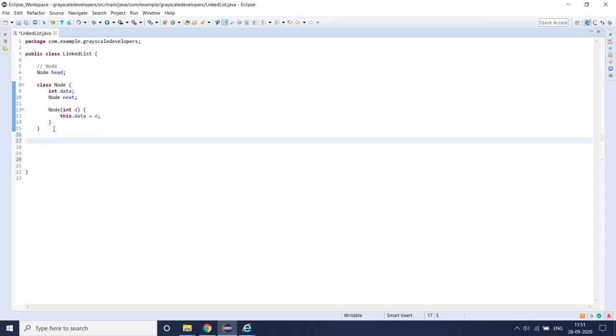So now we will see how to insert a data in a linked list in tail. For that, first I have to create a method. So I am returning the linked list itself, and then insert at tail. Here I need two things: one is a linked list and then I need a data.